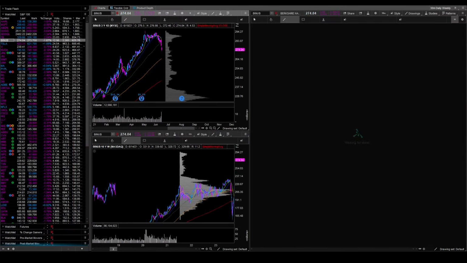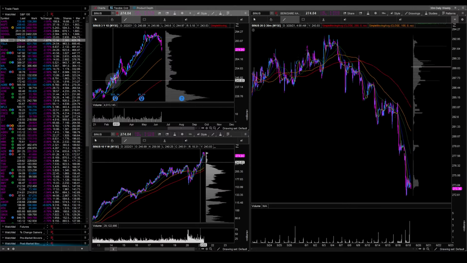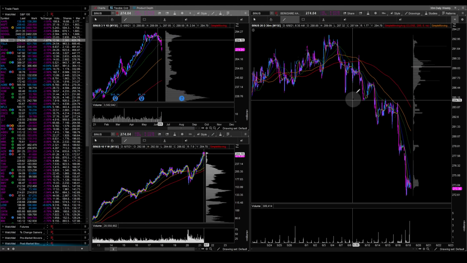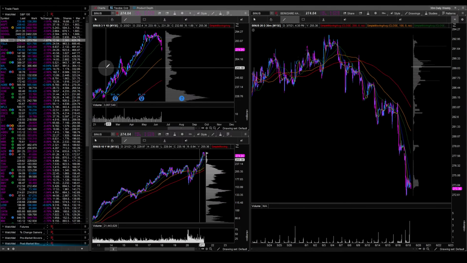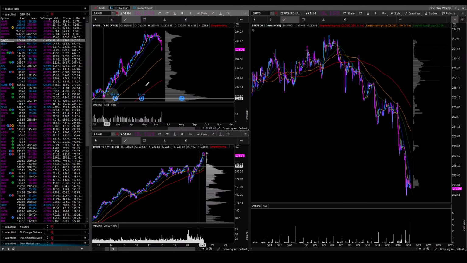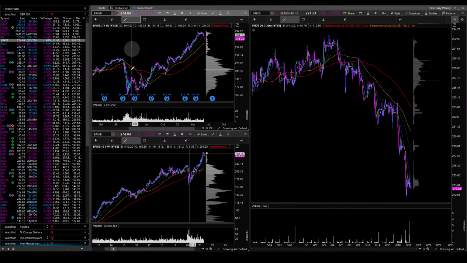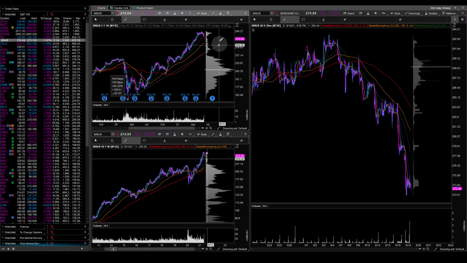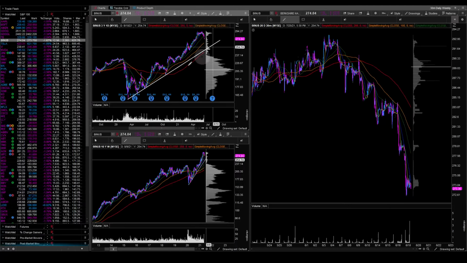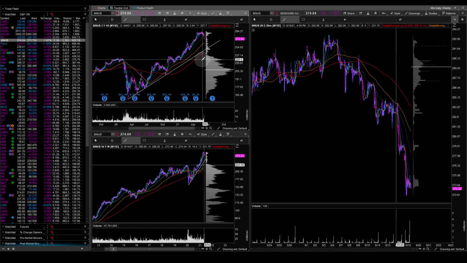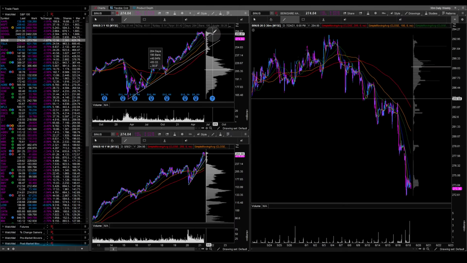Okay, so that's interesting. Berkshire Hathaway, B, clearly in a downtrend. A little bit wrecked here, this chart. Let's zoom out on this thing, get a better view. Go from the lows, we'll do that. Okay, clearly the more recent